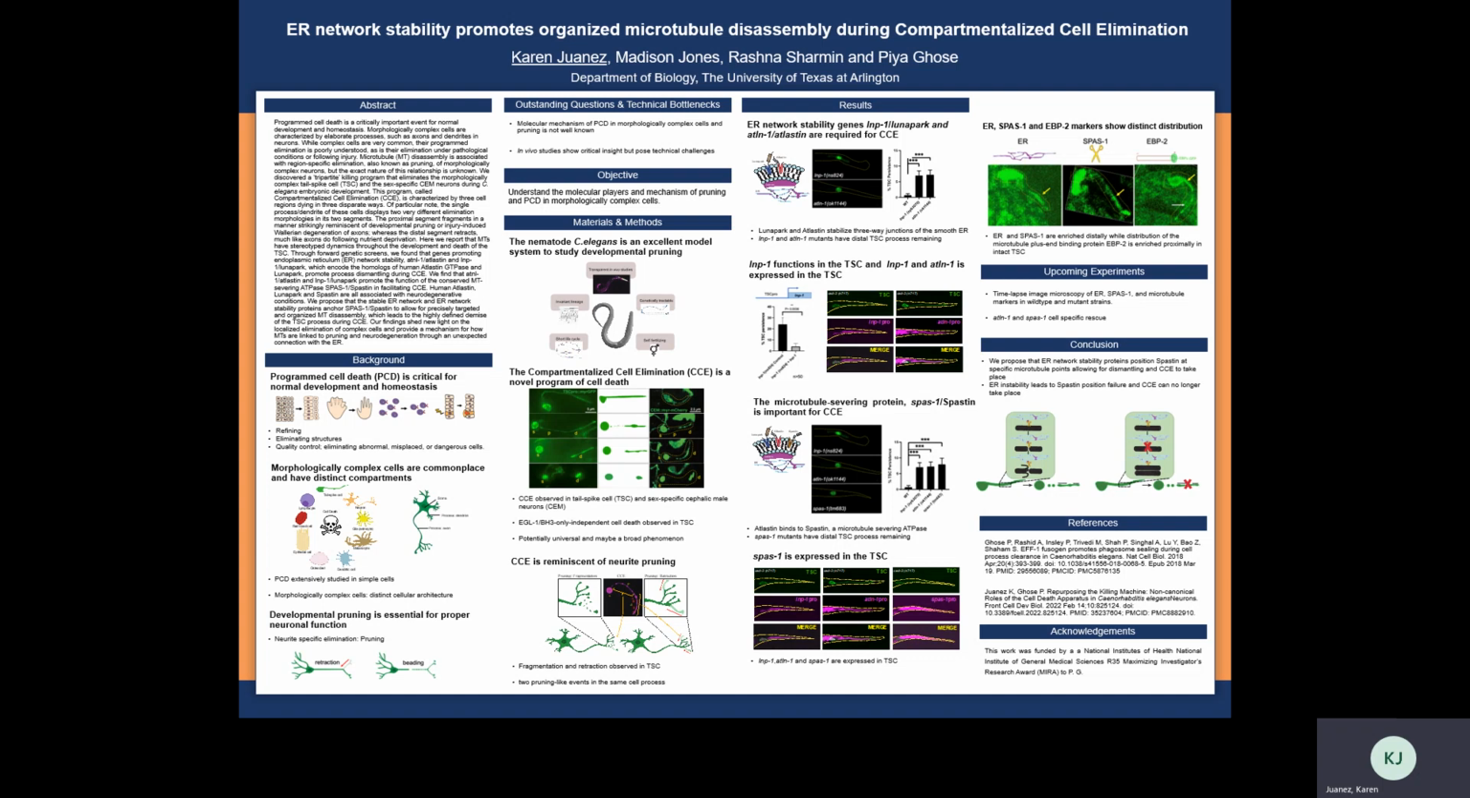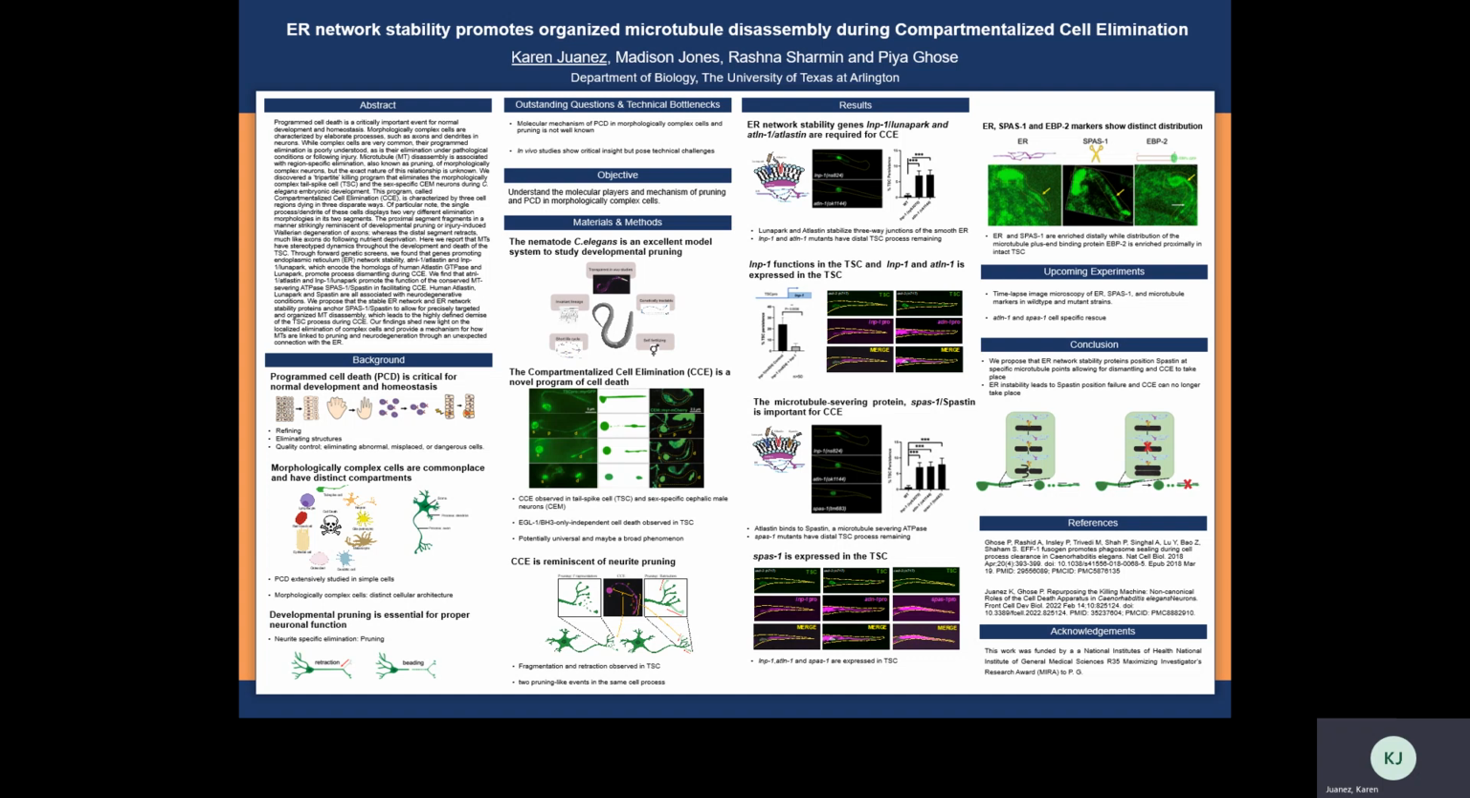This fascinating death program is also observed in a set of sex-specific sensory neurons called CEM neurons that die in the hermaphrodite but live in the male. It is amazing that these two cells on polar opposites of the worm in different environments and locations are dying the same way. What this shows is the idea that CCE is potentially universal and may be a broad phenomenon